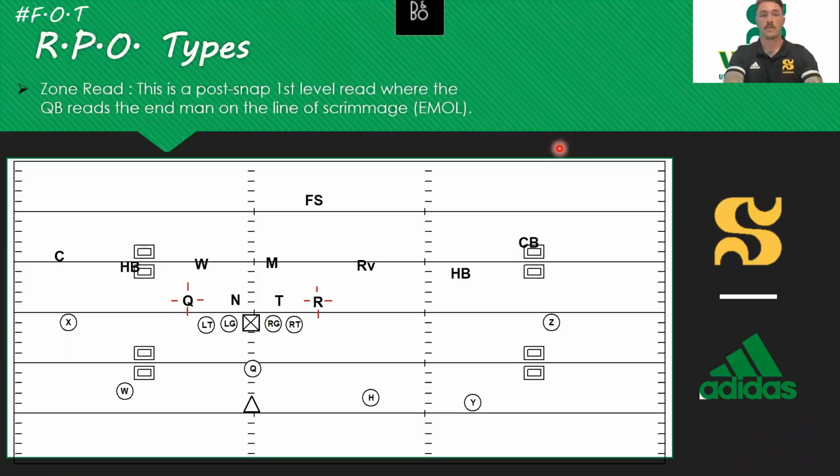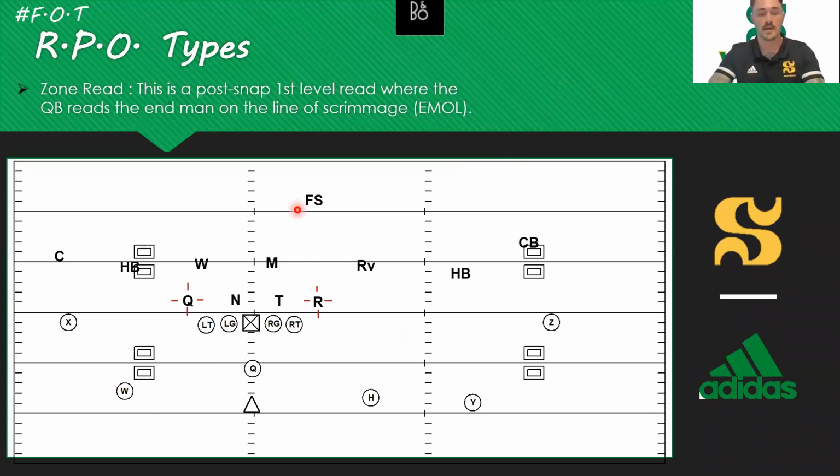Okay, so the first RPO type that we're going to talk about is a first level read. I call it a zone read. This is something that's very popular in the Canadian football game, because on the defensive line there is that 1 yard buffer between the offensive lineman and the defensive lineman. This is a play that has high success. And so basically, again, this is a post-snap, first-level read where the quarterback reads the end man on the line